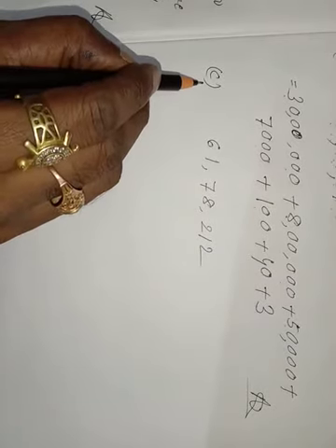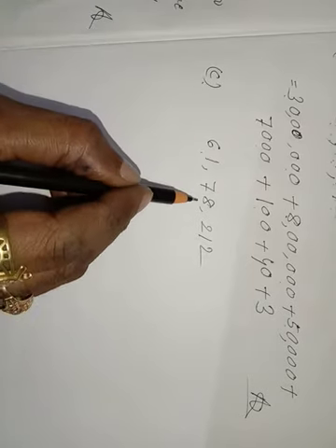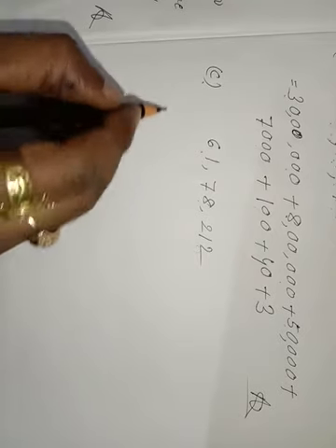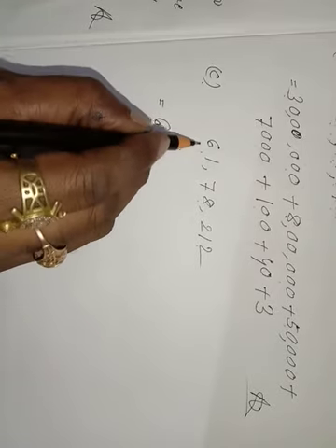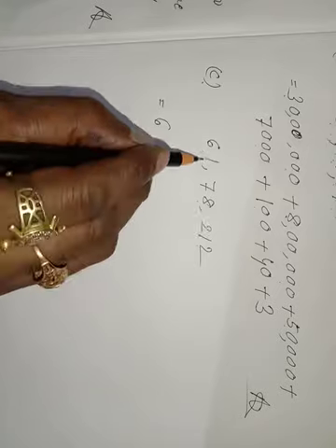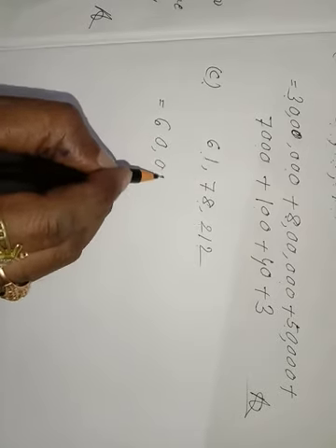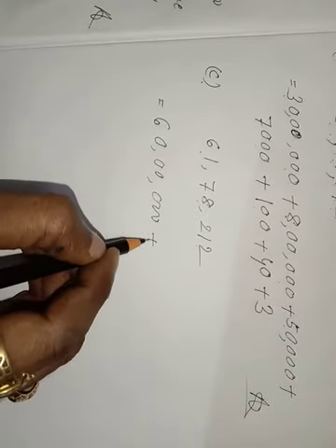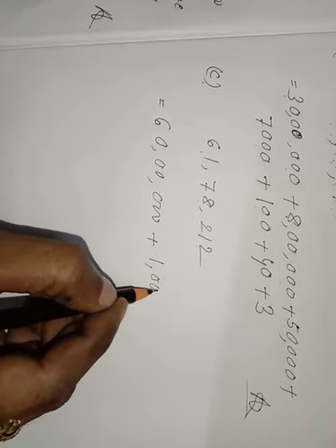Next I am going to C part of number 5. What is the question given? 61,78,212. What I have to write in expanded form? First given number 6. After 6, how many digits 0 I have to write? 1, 2, 3, 4, 5, 6 0. Wait, 5 0. This is called 60 lakh. Next write 1 lakh. Next digit 1, I write 1 lakh. Means 5 0.